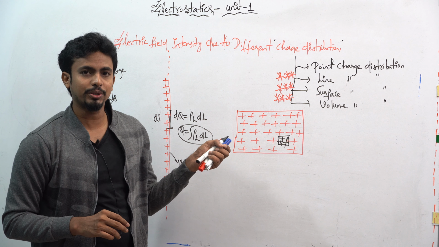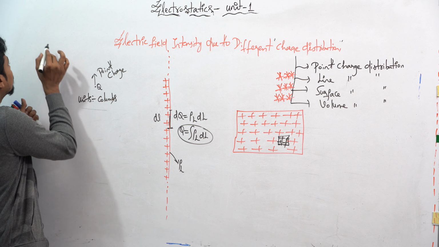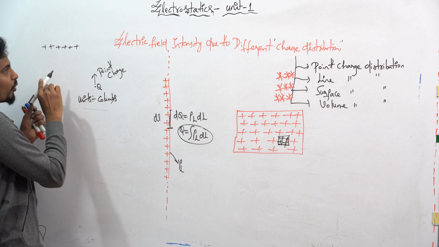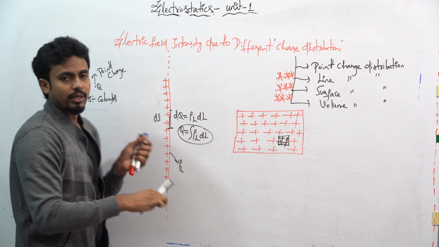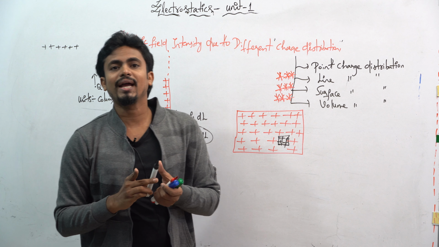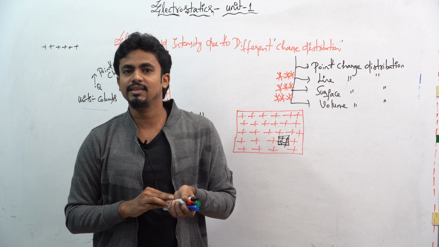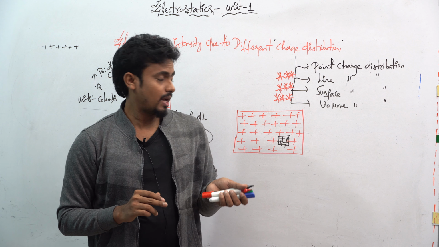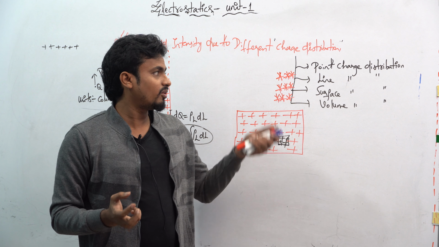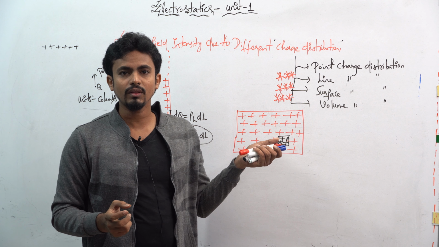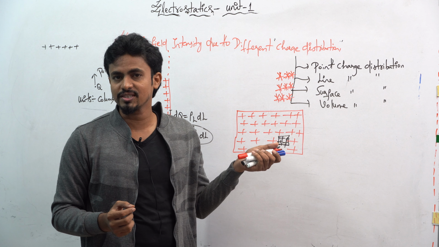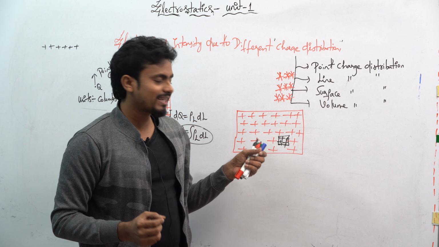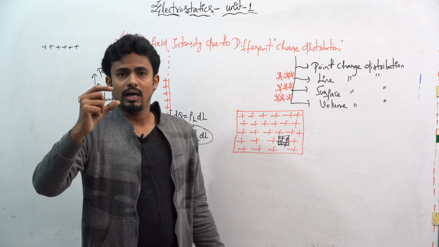Okay, what I have to take means I will take this as my plus like this. Okay, I just want to put these pluses throughout the board. I just want to calculate how many charge distributions are present in the board. Is it possible? No, right? That means for me the board is very huge in order to find out the charge distributions. So that's why what I have to do means I will be taking a small one.